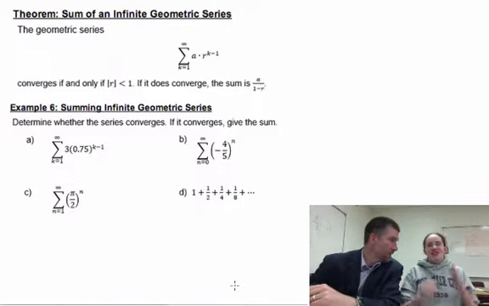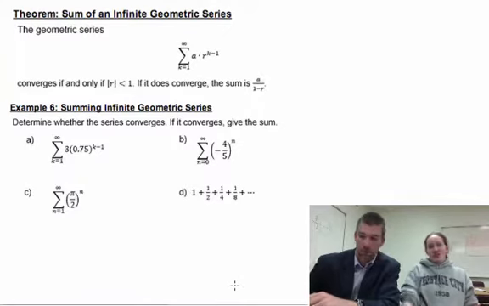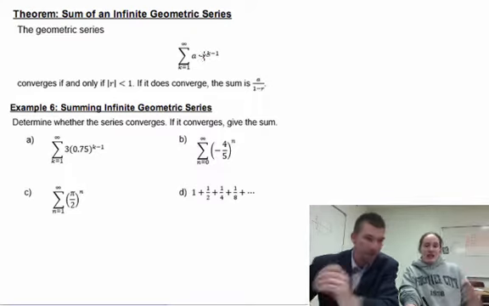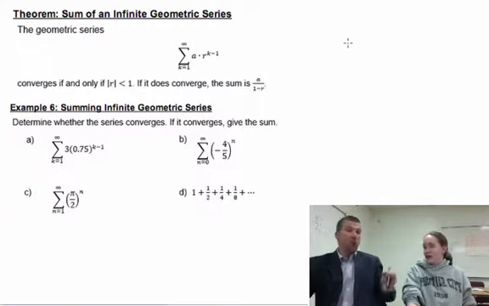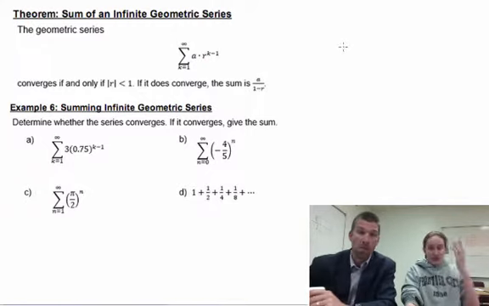Okay, so here's the thing we've been hinting at this whole time. If you have a geometric series, which by the way has this form, an infinite geometric series, it's got to be infinite. It converges if and only if the absolute value of r is less than 1. So now, it could still be 0.99999, but that's less than 1. And if it's negative, they're saying that's okay, as long as basically we have a fraction that